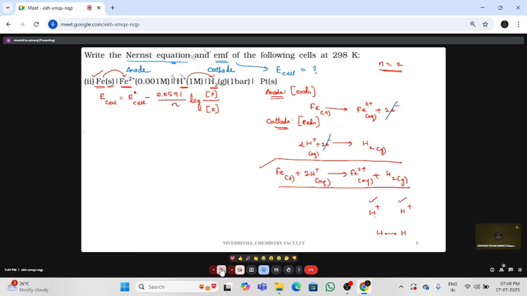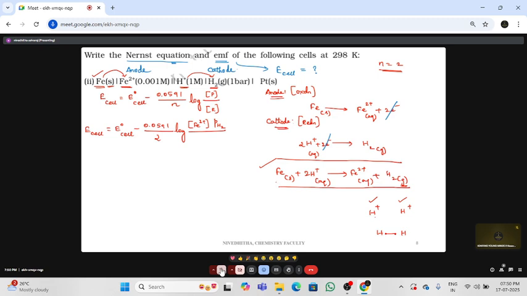Fine. So I'm going to substitute the values here. E cell is equal to E naught cell, minus 0.0591 divided by 2 log. What are all the products here? In overall cell reaction, what are all the products? Fe2 plus and H2. Yes. So Fe2 plus in aqueous medium, so there will be concentration. And as far as hydrogen is concerned, it is gas. For a gas, the concentration term is not applicable. It is pressure, right? So pressure of hydrogen divided by